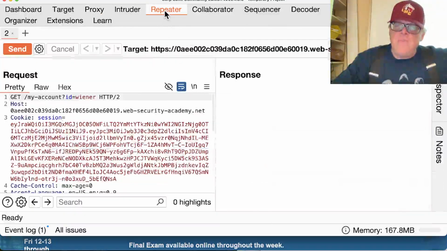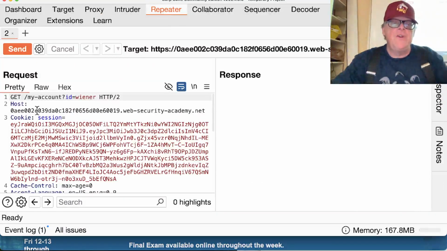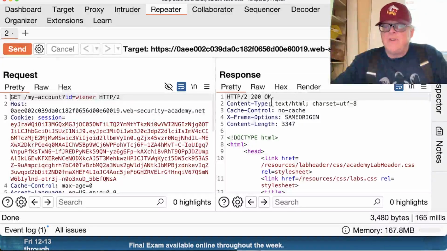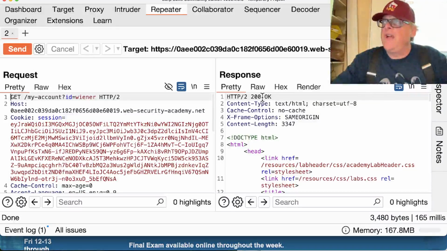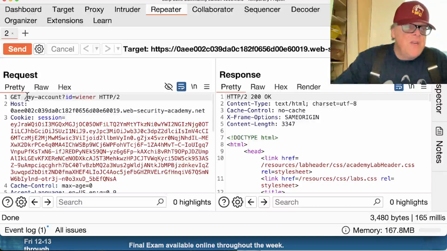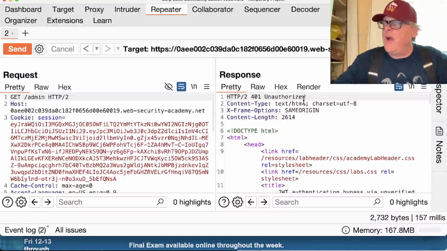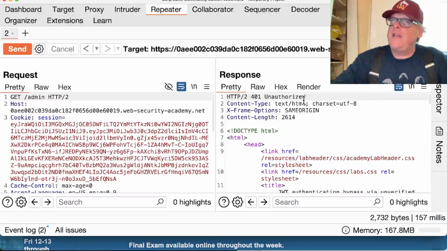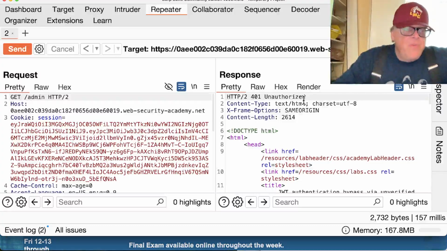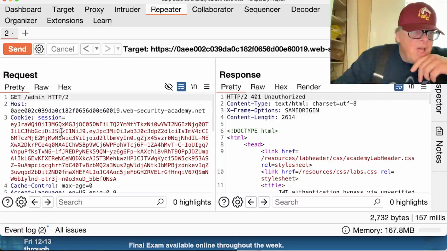Now in the repeater, if I send this now, I'm going to get Wiener's account, which is 200, which is fine, but that's not what I want. What I want is the administrator page. So I take the URL and change it to admin. And to open the administrator page, I'm now going to get unauthorized because I need to be authenticated as the administrator. So what you do is you take the second blob of data in the JSON Web Token,